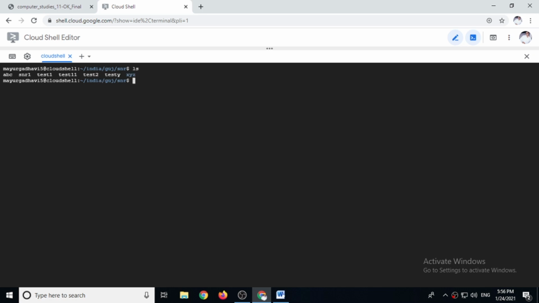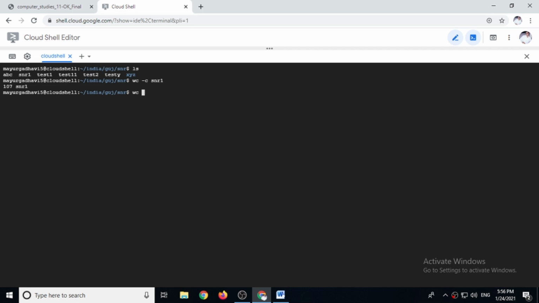So snr1 file is there. If you want to see the number of characters in snr1 file, then you have to give wc -c snr1. Then it will show you the total number of characters written in the file. 107 characters are there, including space.